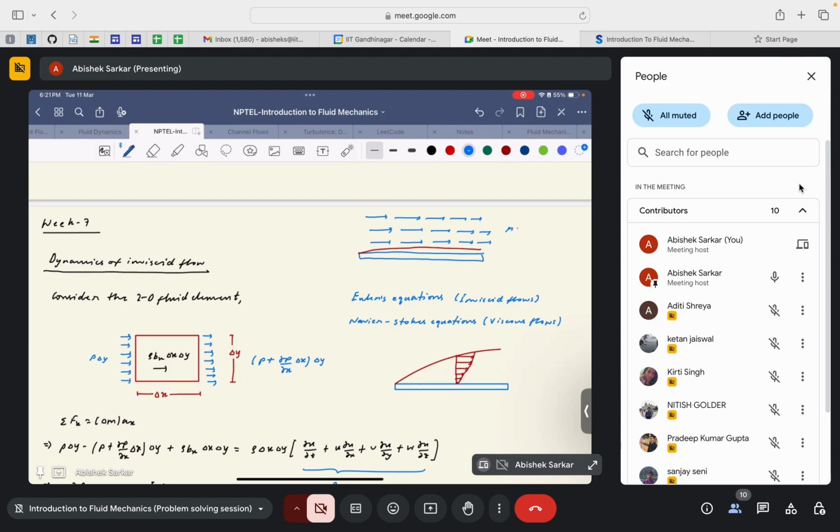Mu is not equal to zero, but the velocity gradients that generate the stresses are so low that we are not able to feel the presence of the plate. In these regions the velocity gradients, I will write only one example, dou u by dou y, are almost equal to zero. Of course they're not zero, but almost zero. That's why this region can be effectively treated as inviscid, because the velocity gradients are absent. And since the inviscid nature of the flow governs a large effective area of fluid motion around us,